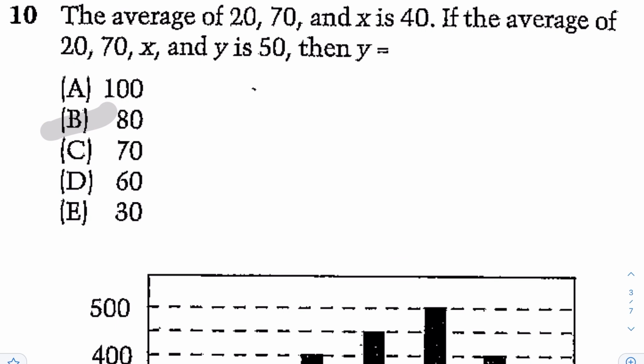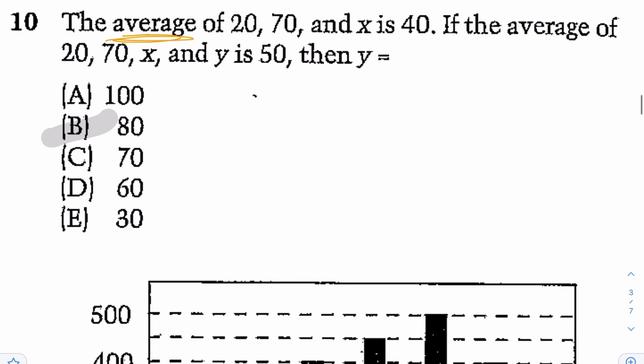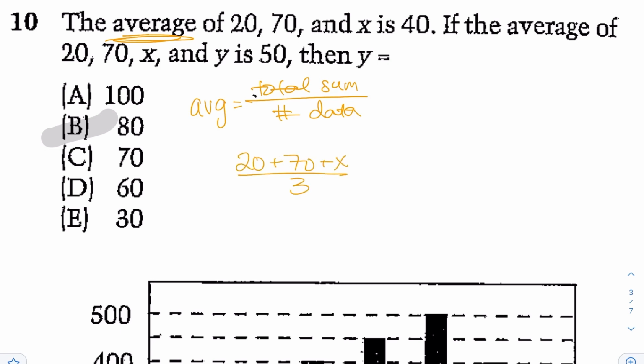Okay, next for number 10, the average of 20, 70, and x is 40. If the average of 20, 70, x, and y is 50, then y is equal to. So here the keyword is average, and average is just, you add everything up and you divide it by the number of data. So it's a total sum divided by the number of data. In this case, the average of 20 plus 70 plus x divided by 3, because you have three numbers, is equal to 40. So here, if you multiply both sides by 3,